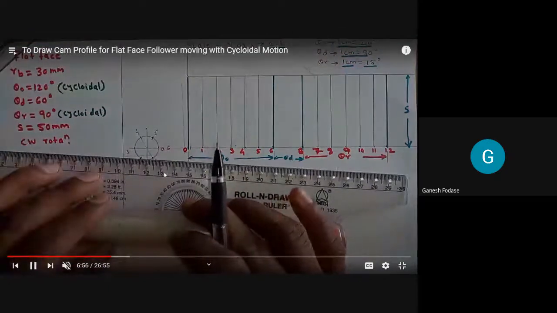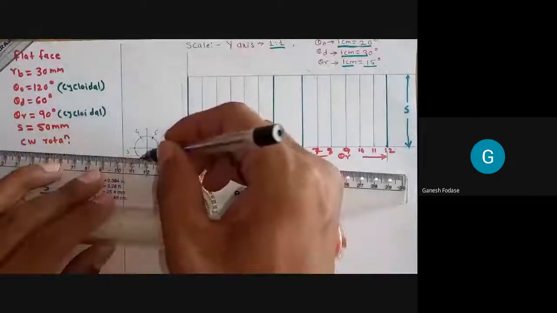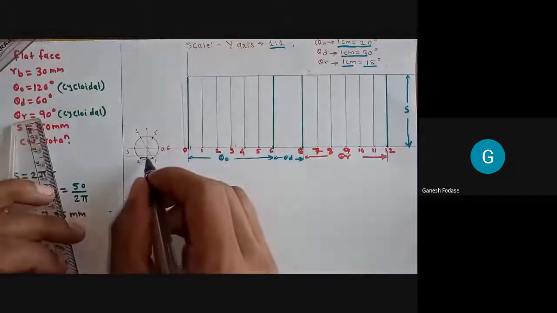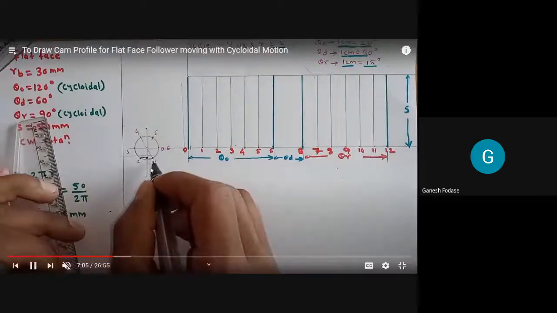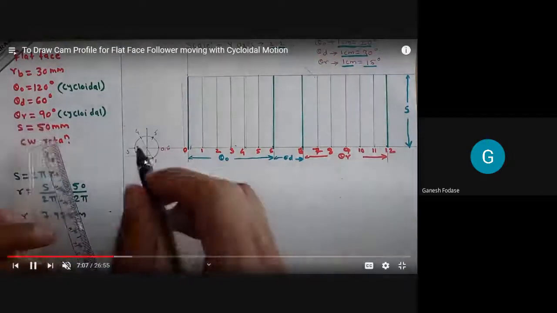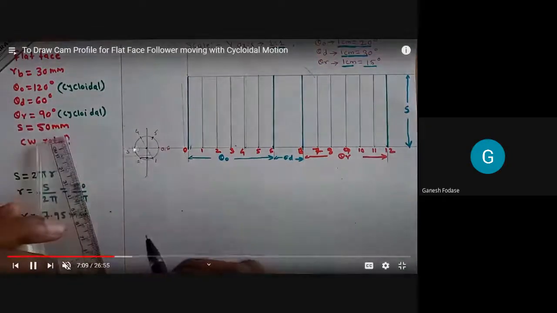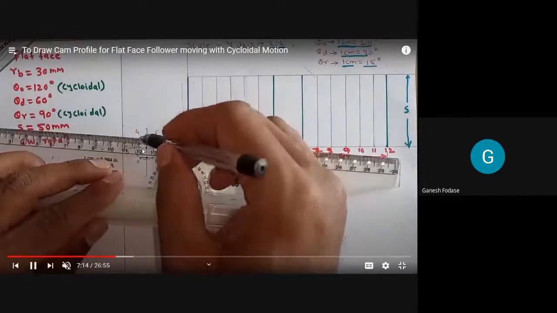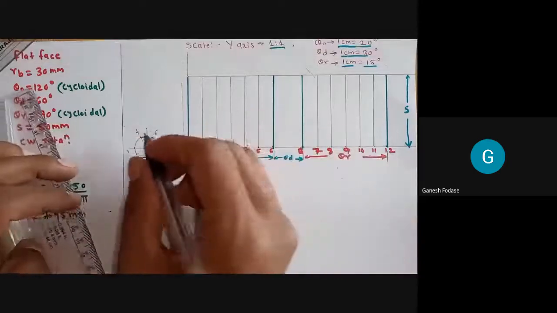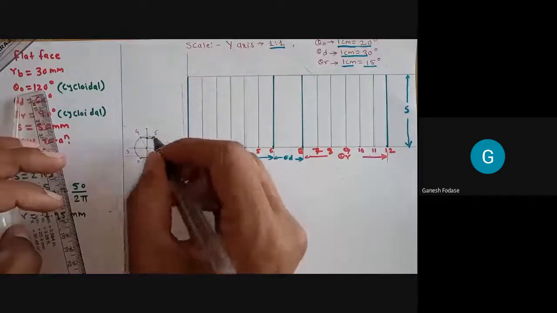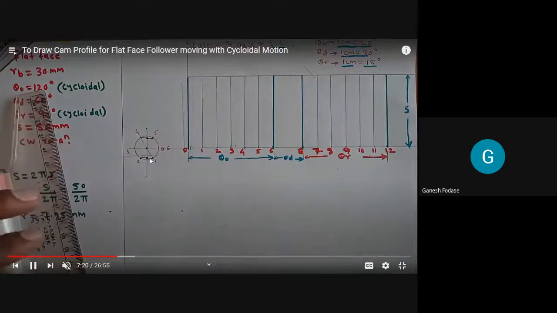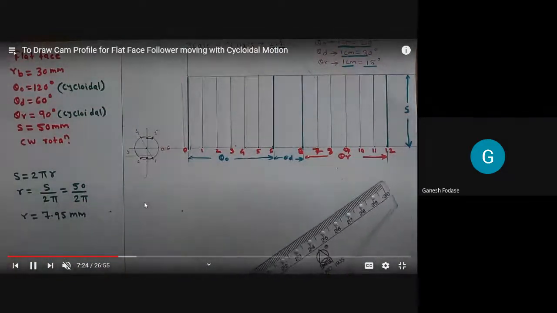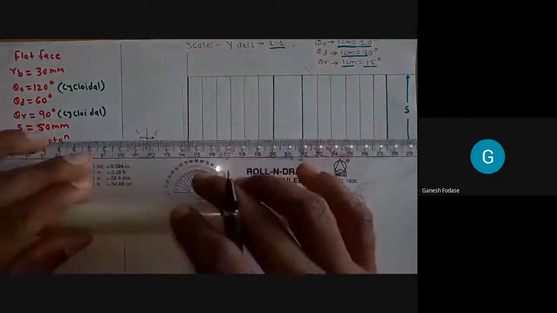Now the next step is that we need to project these points which are marked on the circle onto the y-axis. So here, the projection of 1 and 2 on the y-axis, the projection of 3 and 6 on the y-axis. Next, join 4 and 5 and project on the y-axis. So we get 3 points on the y-axis corresponding to the projection of 1 and 2, the projection of 3 and 6, and the projection of 4 and 5. So the next step is just to take projections.